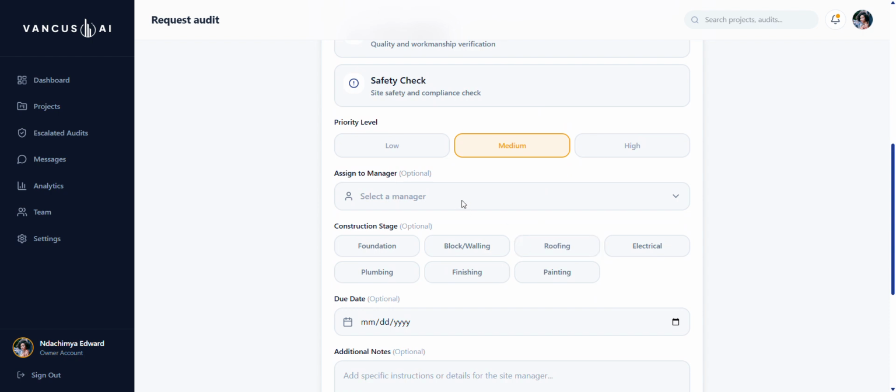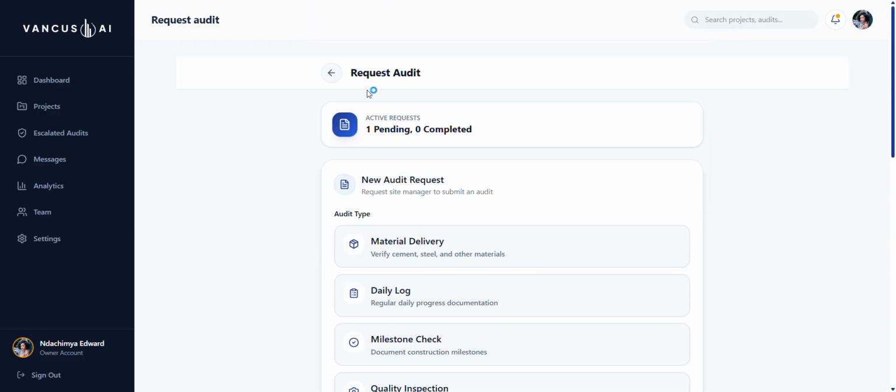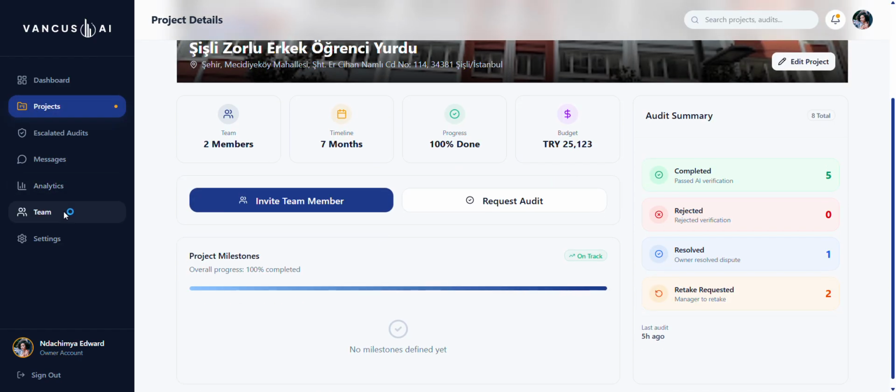But if you have a site manager, you can select the site manager, or if you do not select the site manager, all your site managers, because you can actually have more than one site manager working on a project. So all your site managers will be contacted, and they will work on this. You can see these are some of the recent reviews pending, and once the site manager has completed it, you're going to see it here in